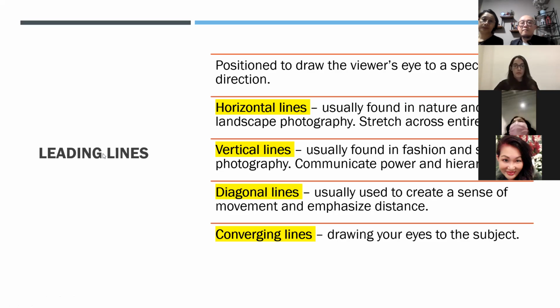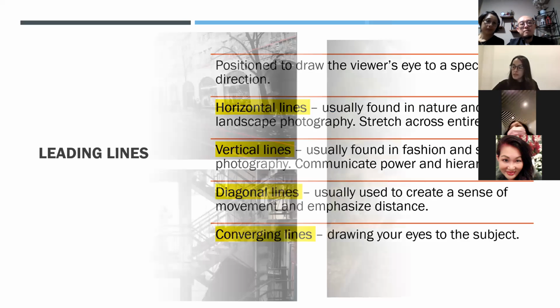Okay, so number one, we have what we call the horizontal lines. Horizontal lines are used for nature or landscape photography, where they stretch across the whole entire image. The next is vertical lines, which are usually used more in fashion and street photography. Diagonal lines give movement and emphasize a certain distance, and the last one is called converging lines, whereby the lines converge from wide to small, or small to wide, to draw the attention of the eyes to the subject. OK，其实就是关键就是可以利用不同的线条表达出不同的方式。所以里面有横的、直的，或者是你把那个线条从大到小。